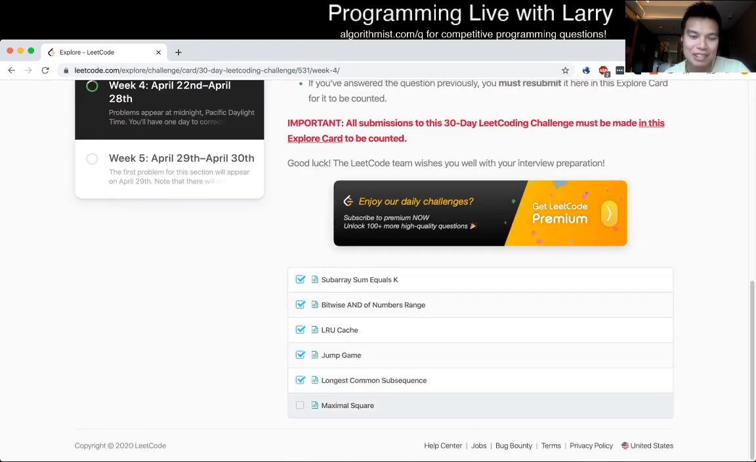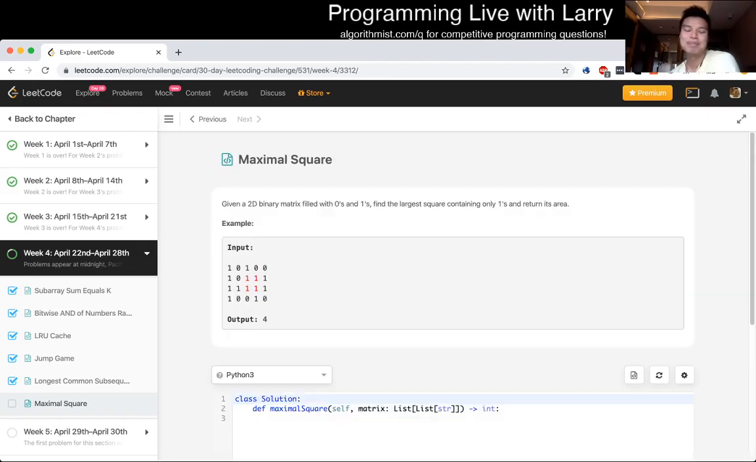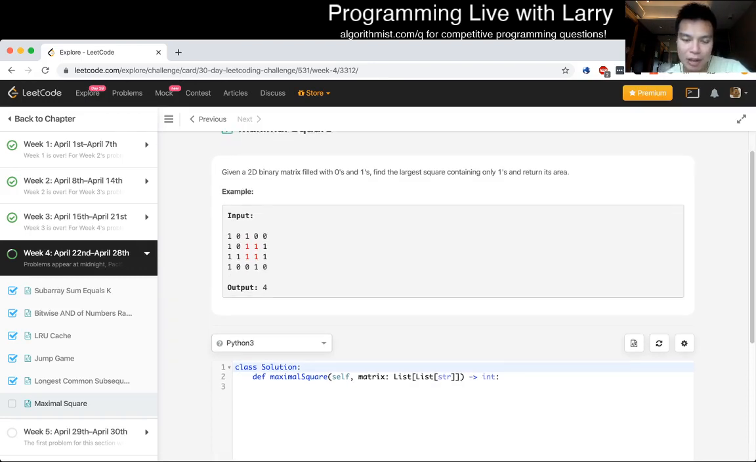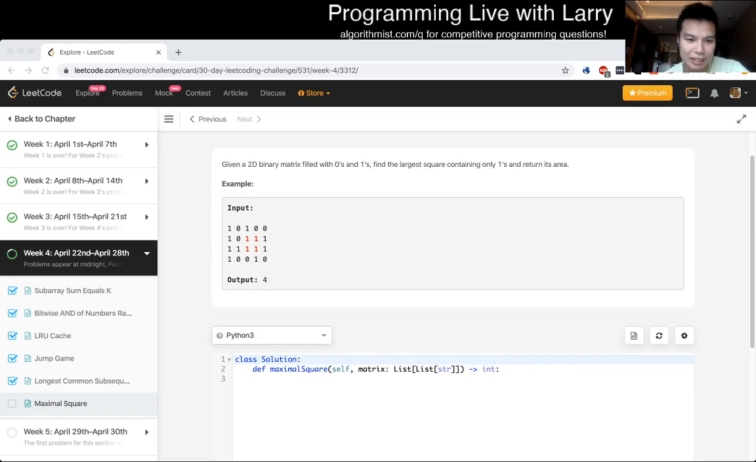And there we go, Maximal Square. Given a 2D binary matrix filled with zeros and ones, find the largest square containing only ones and return its area. So I already have a video on this, which I think I did a little bit